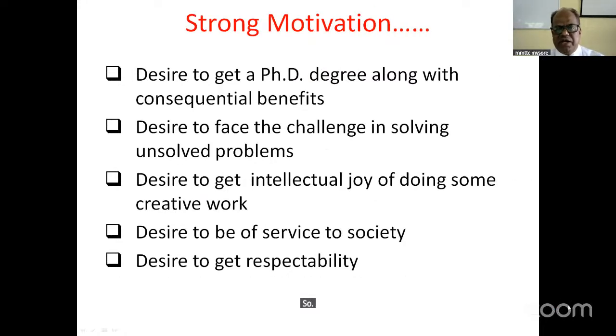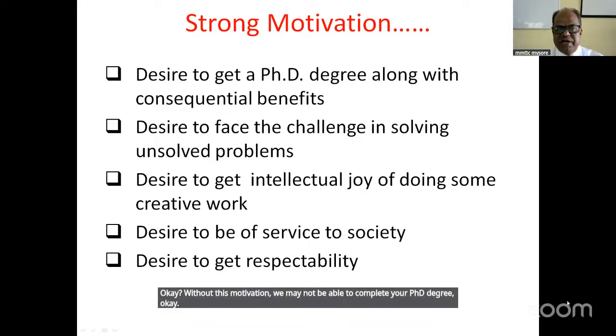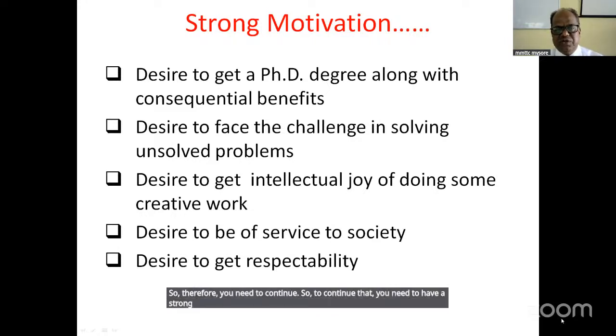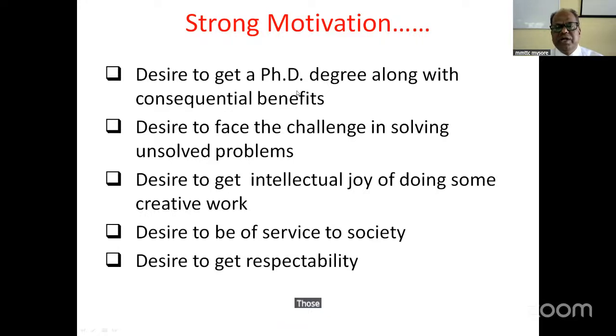So if you are interested in doing research, what are the benefits? Before that, you need to have a strong motivation for doing research. Without this motivation, you may not be able to complete your PhD degree. Even those who have already completed the PhD degree, you are doing research because you are interested in that and want to contribute something really great. So you need to continue, and to continue that, you need to have a strong motivation. Those who do research to get a PhD degree...